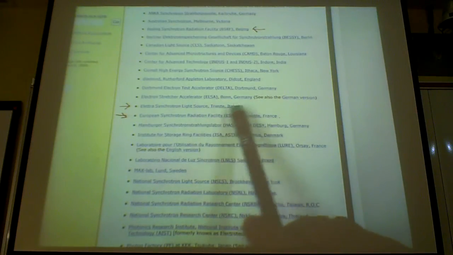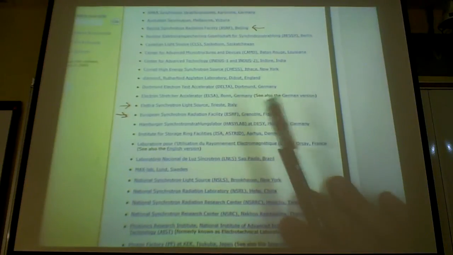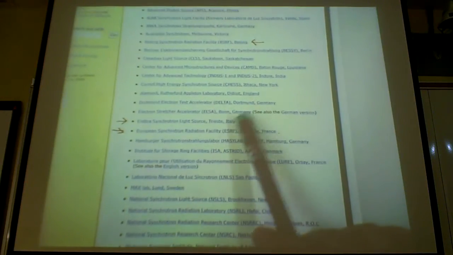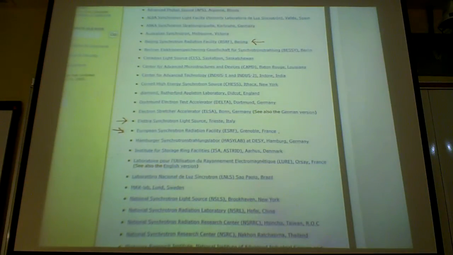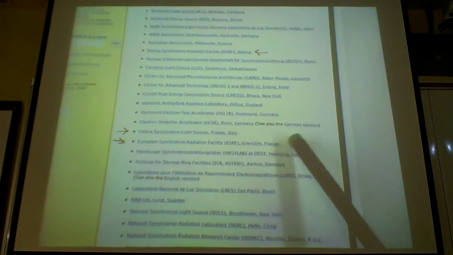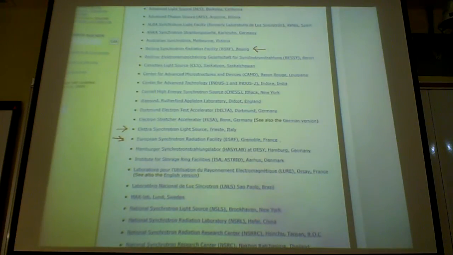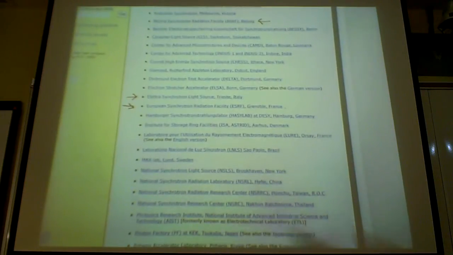Elettra Synchrotron Light, for example, in Trieste, Italy, is a beautiful lighthouse, a beautiful place to work. In Beijing, also in Taiwan, several places. There are about, I would say, around 30 synchrotrons around the world, and then all these facilities are building bigger